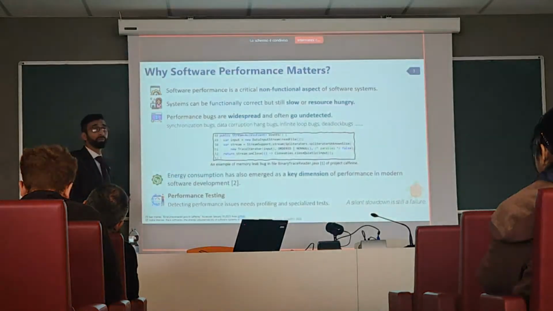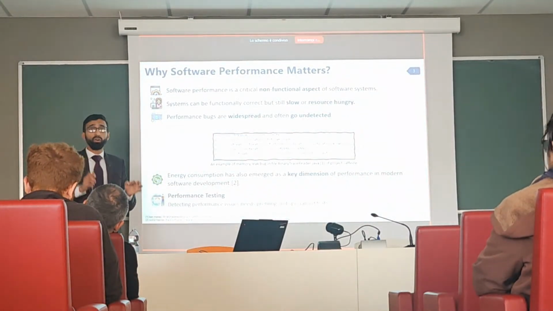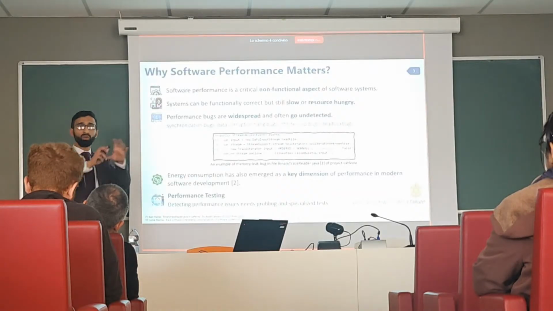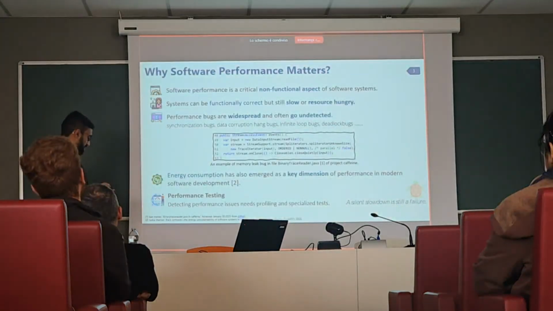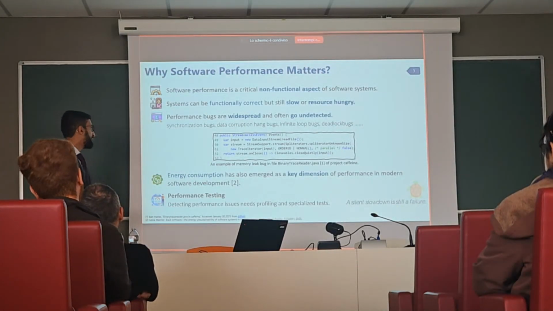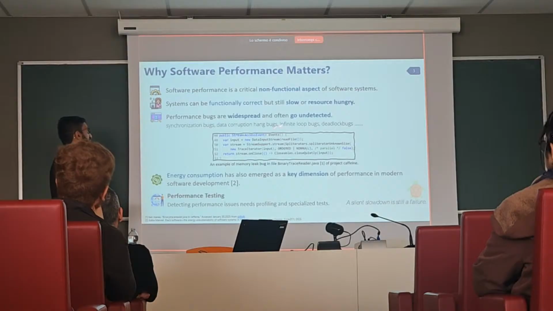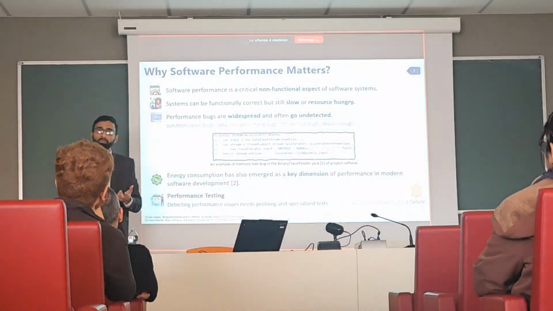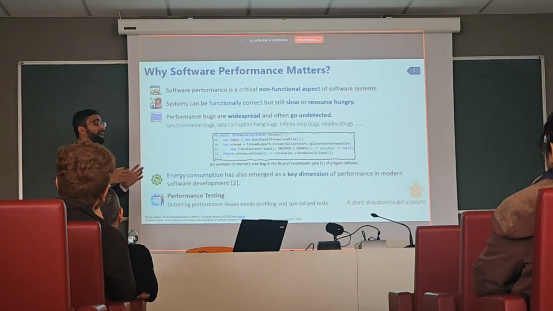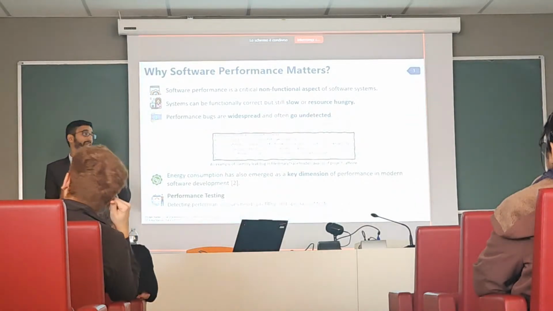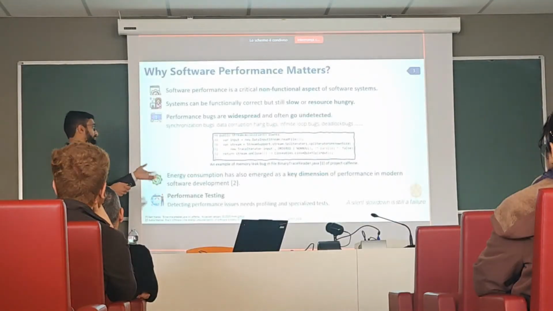And this makes performance bugs different in their nature as well, because not only are they widespread, but they're also very subtle in nature. It's not easy to just look at them and say that this type of code or this type of pattern is a performance bug. One example here is a snippet for a memory leak bug, which is happening because this function is opening an input stream and then closing it without any type of safety checking, making sure that, let's say, if some crash or some error occurs here, we close the stream before returning from the method.